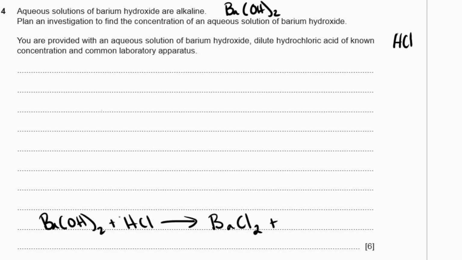Plus, so alkali plus an acid produces salt plus water. Balancing this out, we have 2 chlorides here, so we need 2 HCl's here. Okay, if we have 2 HCl's, that means with the H's, we have 2 H's with HCl